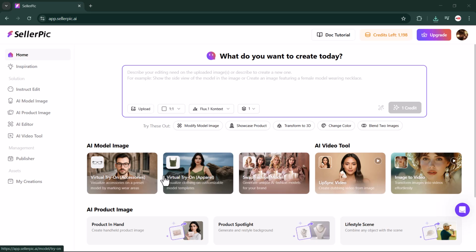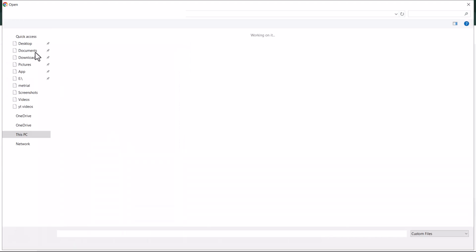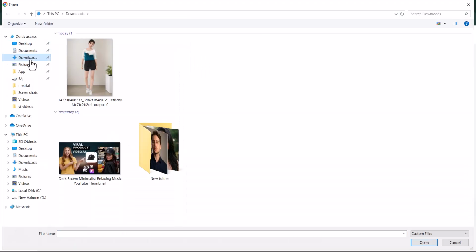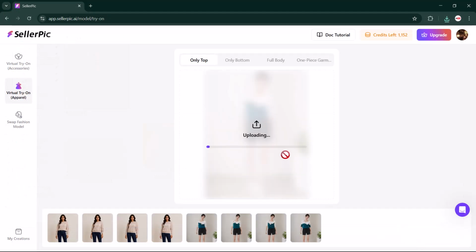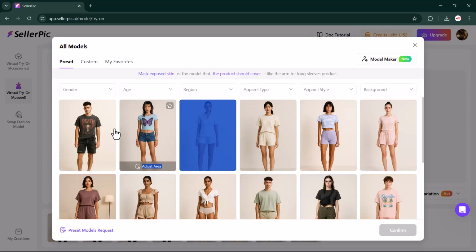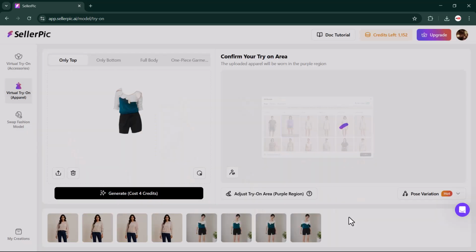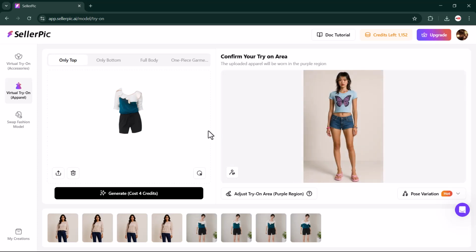This tool lets you digitally showcase clothing on realistic AI models in just a few clicks. Simply open the feature. You will get the option to either upload your own model and clothing images or choose from the built-in options. You can select individual items like a shirt or even add a complete outfit by choosing both the top and bottom wear. Once you have selected the clothing, scroll down to the recommended models section and pick any model that fits your style or brand vibe. After that, just click on the generate button.